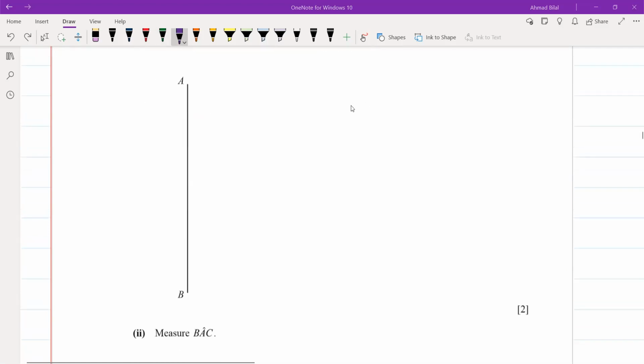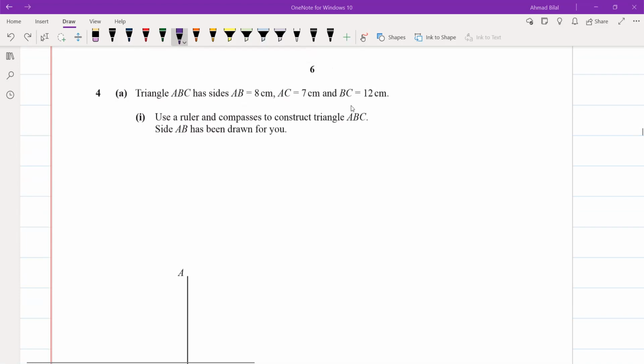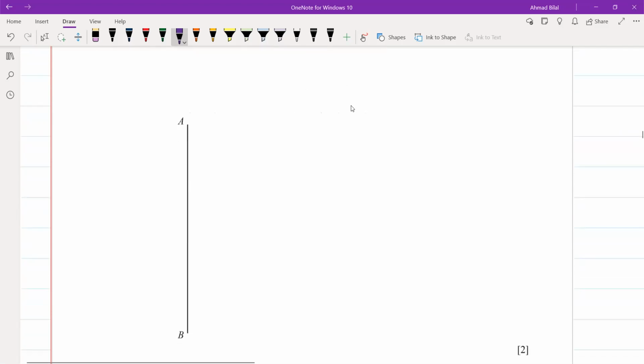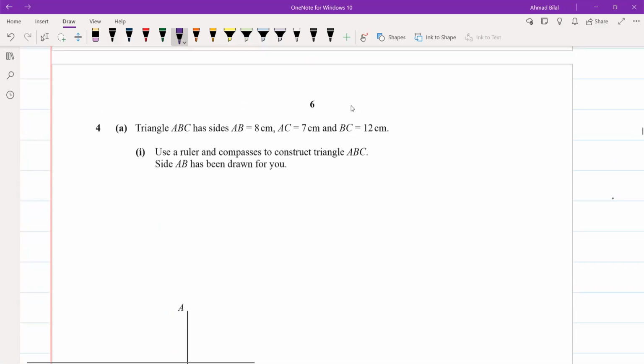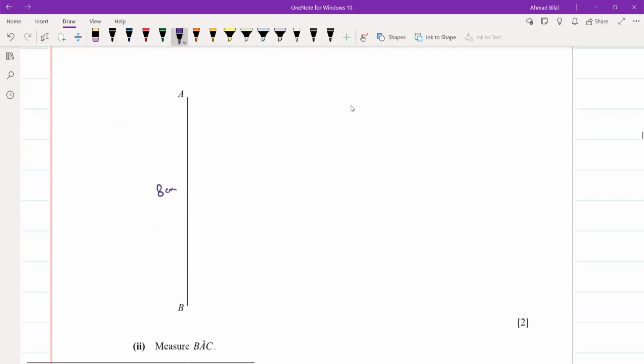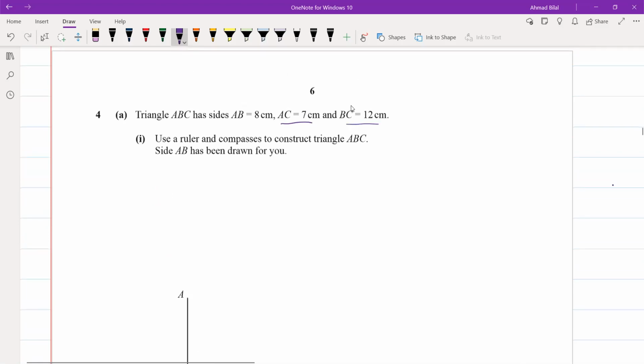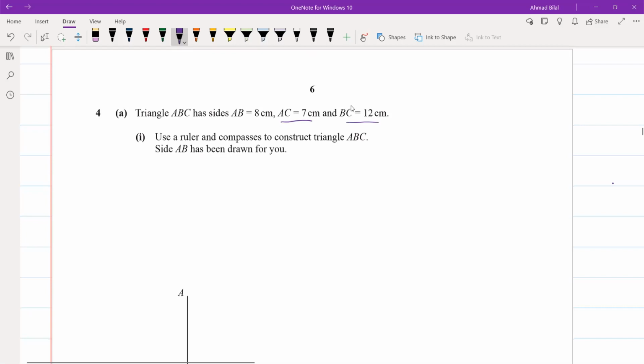So AB की लेंथ इसमें दी हुई है, this is 8 centimeters, ठीक है, ये आपको to scale draw हुई होगी, आपको अच्छा printed paper होगा, it will be drawn to scale and this length will be 8 centimeters, ठीक है. अब वो क्या रहा है, AC जो है that is 7 centimeters and BC is 12 centimeters, आपने ट्रायंगल कंस्ट्रक्ट करनी. अच्छा देखिए A से C का डिस्टेंस 7 centimeters है,